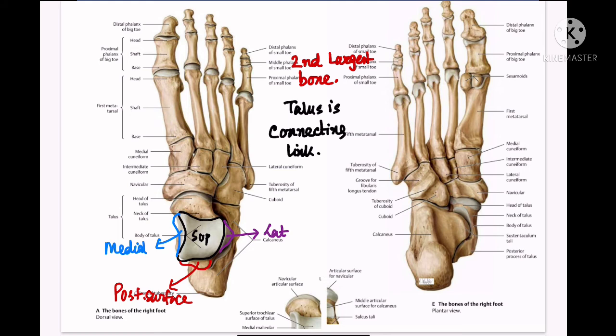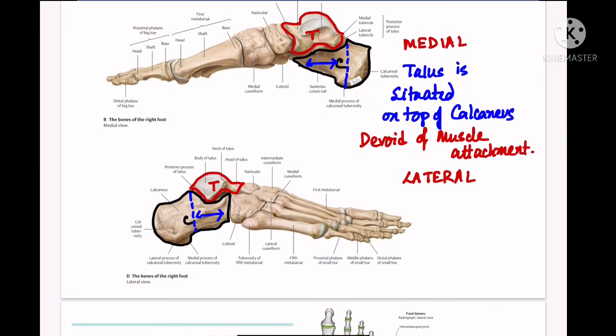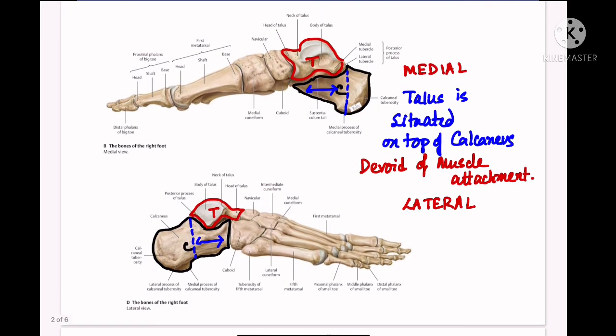So only one surface cannot be seen in the dorsal view, that is the inferior surface. The rest of the 4 surfaces can be seen partly or wholly from the dorsal view. So there are altogether 5 surfaces: superior, inferior, lateral, medial and posterior surface of the body of the talus. Let's see another picture and clear the concept. Let's see the talus from the side view.